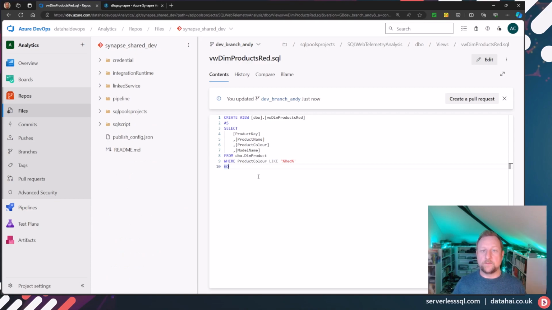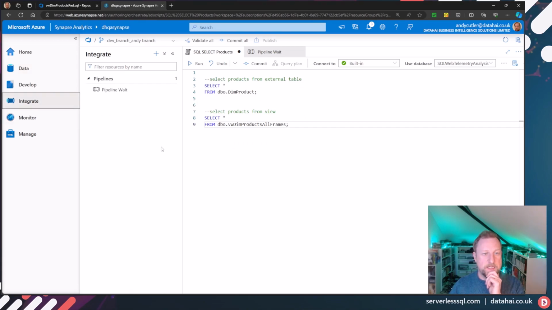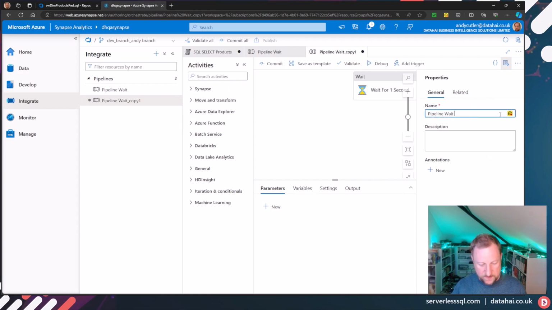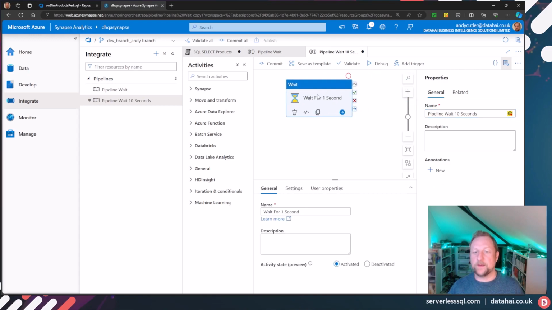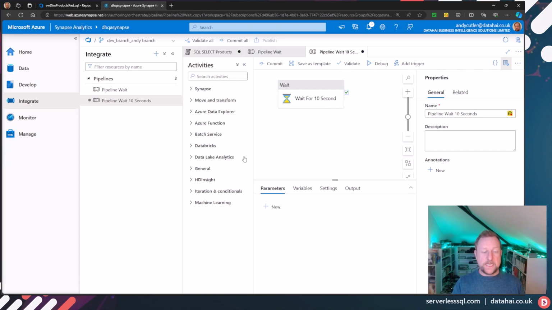Now, what if I wanted to make Synapse changes? So go into my Synapse workspace. Let's say I go into integrate and I want to create a new pipeline. Actually, to save time, I'm just going to clone the existing pipeline. So let's clone that. I'll call that wait 10 seconds. Obviously, I'll parameterize it, but here we go. We've got a new pipeline, right? So we've changed both the schema of a Serverless SQL Pools database, but also the Synapse workspace itself in terms